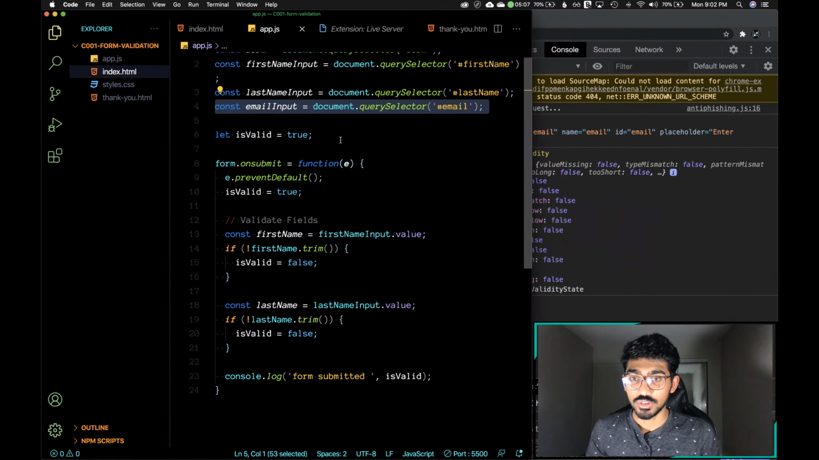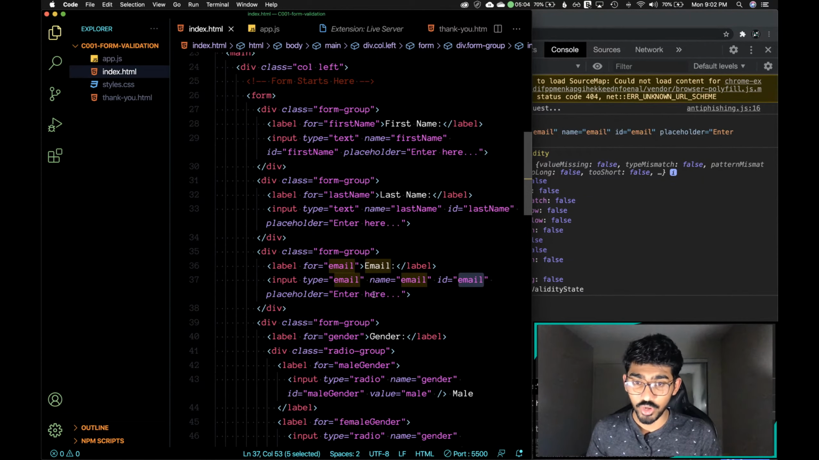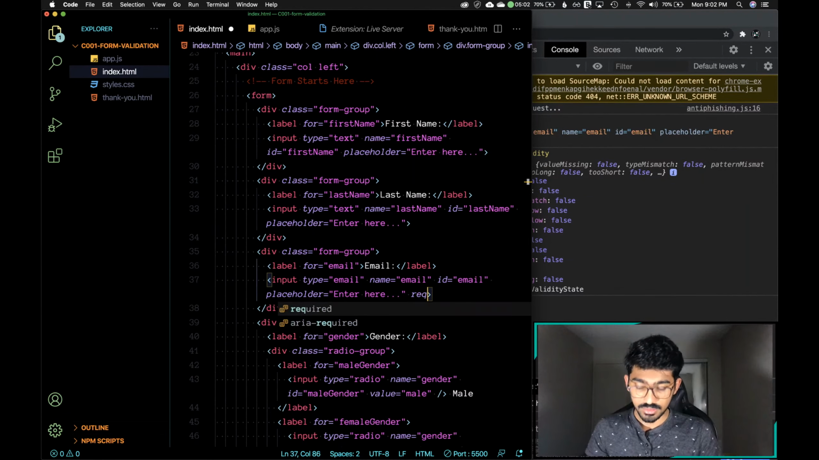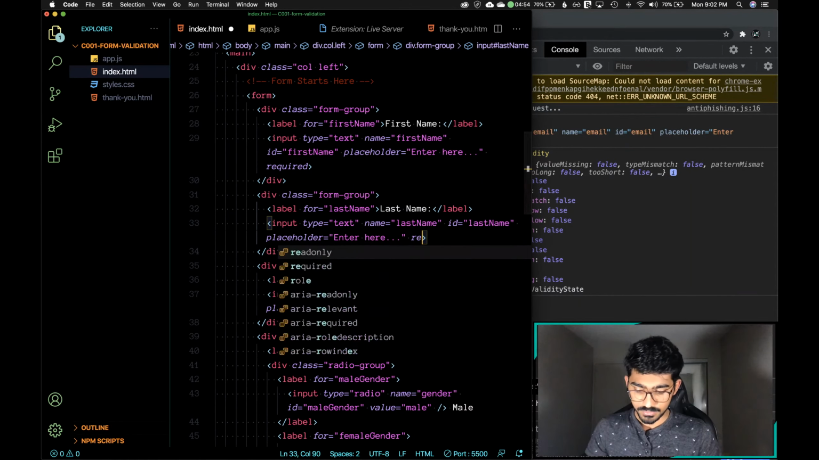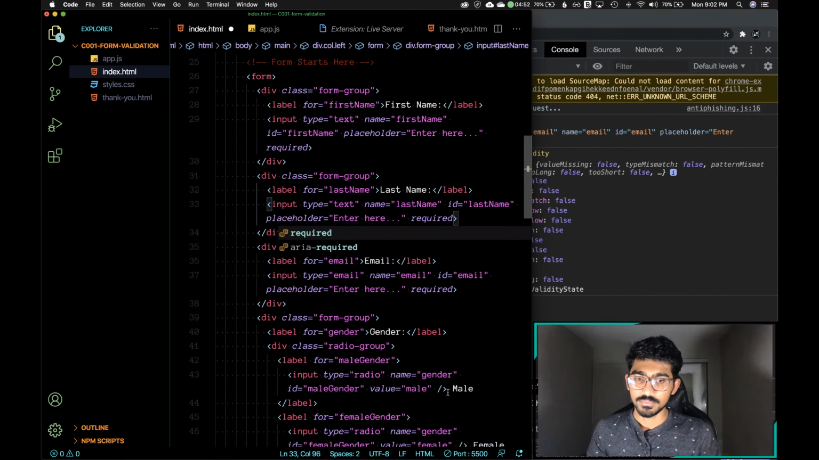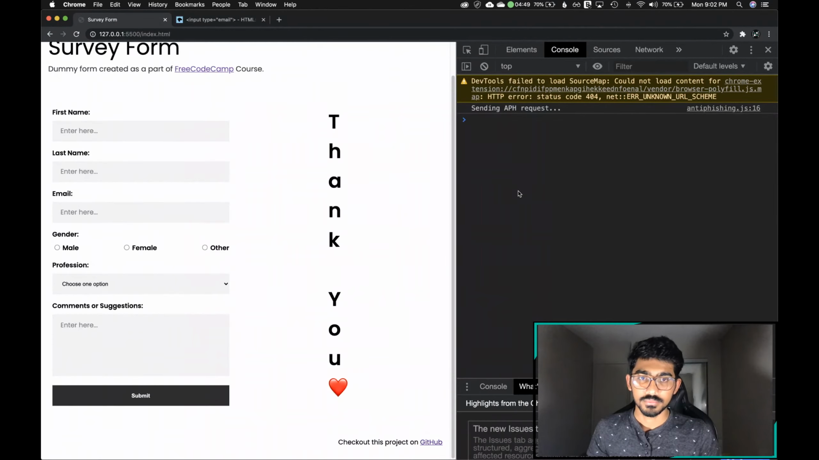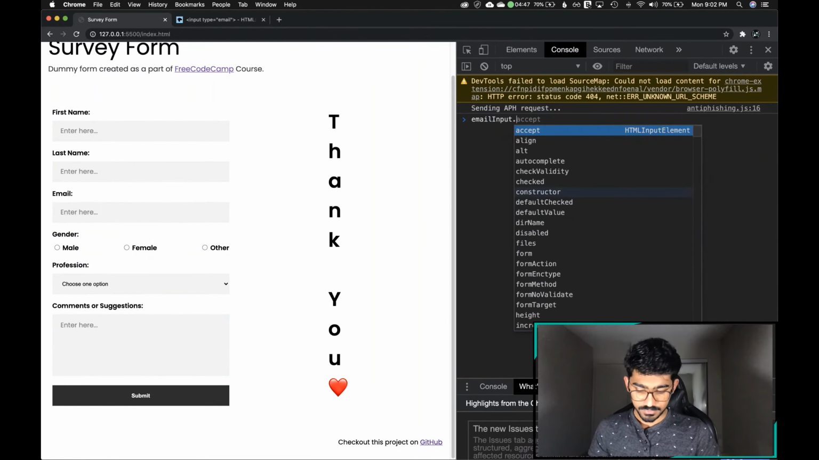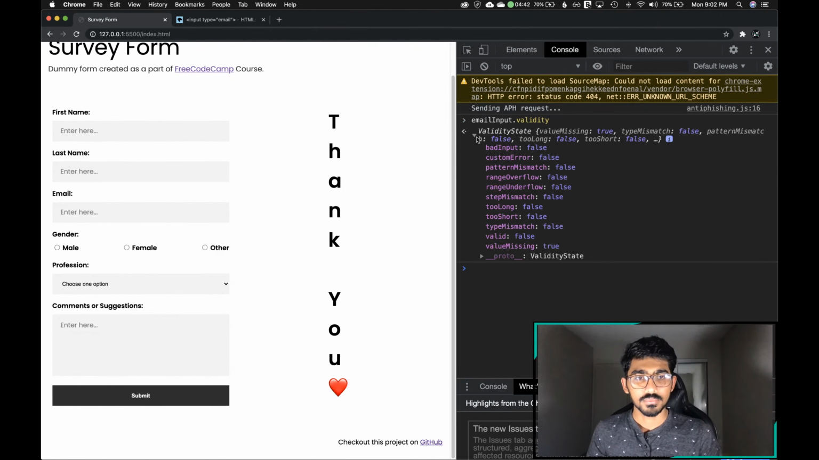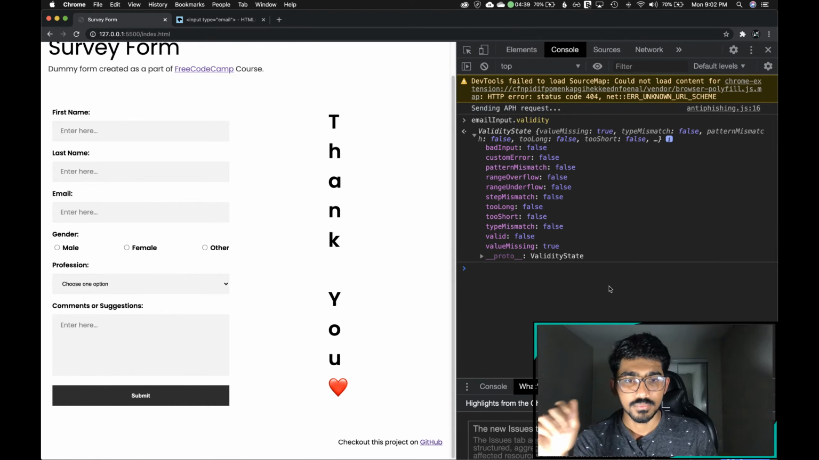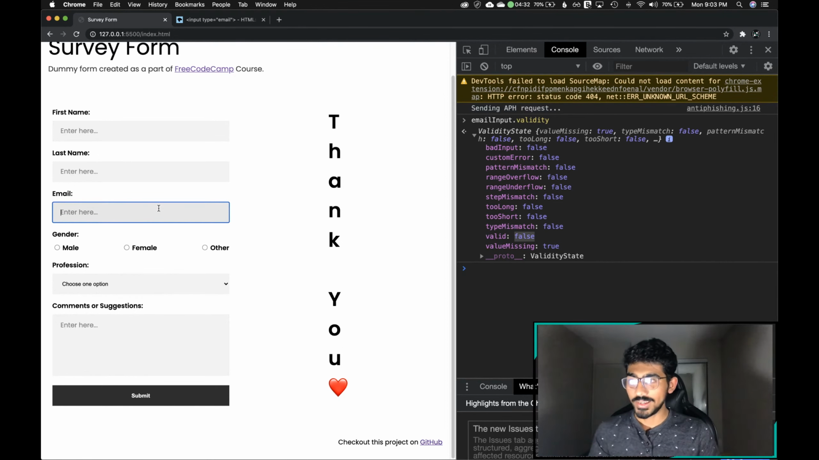Oh yeah, I will also need to add a required field in this one. In all of these fields, value missing is true, valid is false. So if I enter some valid input, valid email inside this,